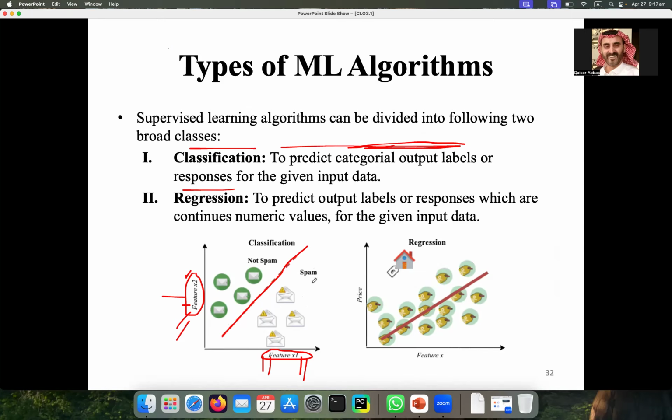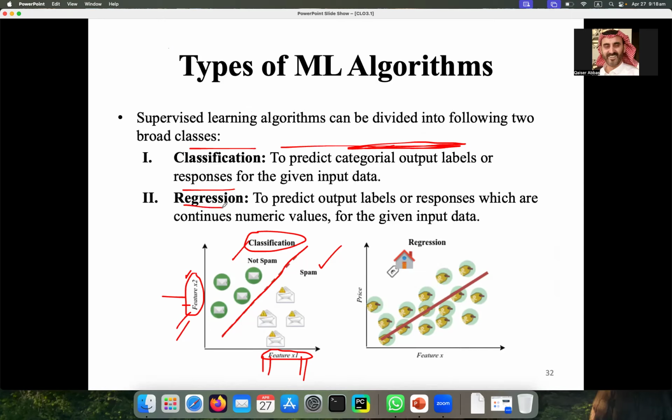Here you have all the emails in the spam category, and here you have all the emails in the other category. When you do something like that, this is called classification, because you are predicting categorical output labels, or simply categories. When we predict categories from the data, it is called classification.